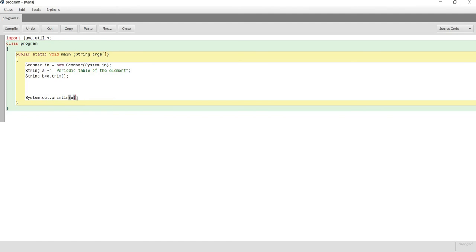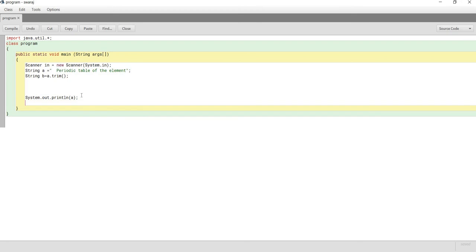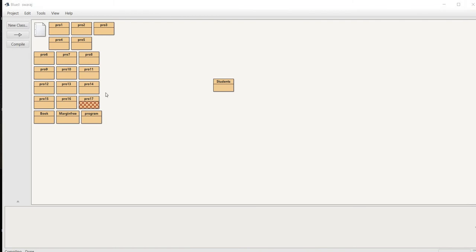To understand what it would have been without trim, and our next output will be the corrected statement in which there will be no unnecessary white spaces. Let's compile this. There is no syntax error. Now we will run this program.